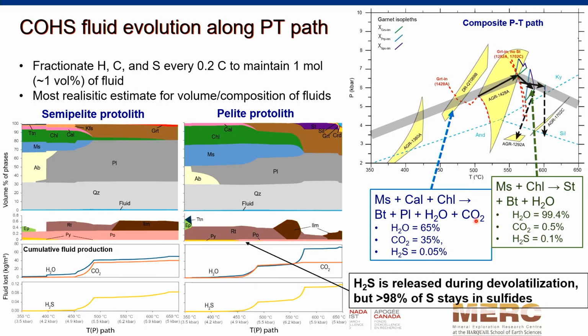and that produces a large volume of CO2-rich fluid. You'll notice that the H2S, the sulfur in the fluid, is very low. In the pelite protolith, you still get a bit of that first reaction at about 475, but because you have a bit more aluminum and a bit more potassium in the rock, you're not consuming as much of the muscovite, and so some of that remains to the staurolite zone. So you actually get two pulses in that rock, and the second pulse is basically a pure H2O fluid.